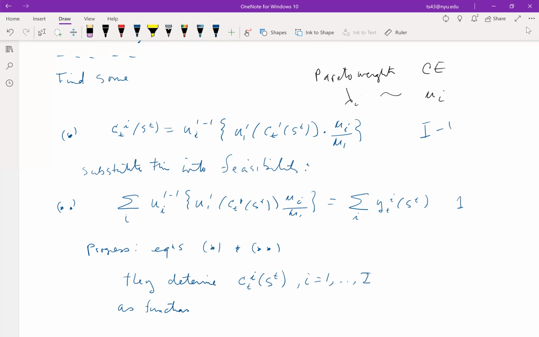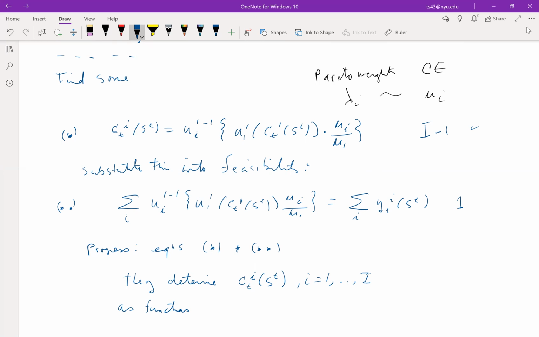Well, there's actually I equations, but one of them's trivial. So we have I minus 1 substantive equations here. One just says 1 is equal to 1. And we have this. So we have I equations in